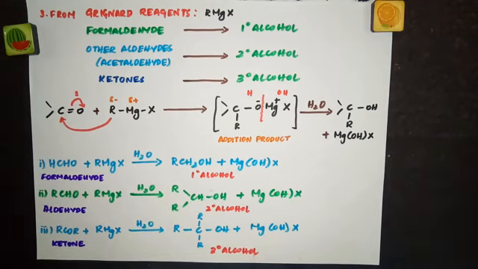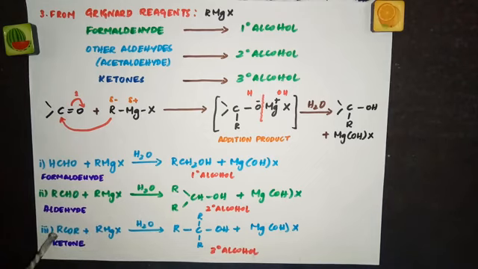So this is secondary alcohol and again the byproduct MgOHX. And the last one, we are taking a ketone and you know how to write a ketone, a carbonyl part and 2 alkyl groups. So this is ketone and here this is Grignard reagent RMgX. This R, as I told you, this can be CH3. So in the presence of water, what will be the product?